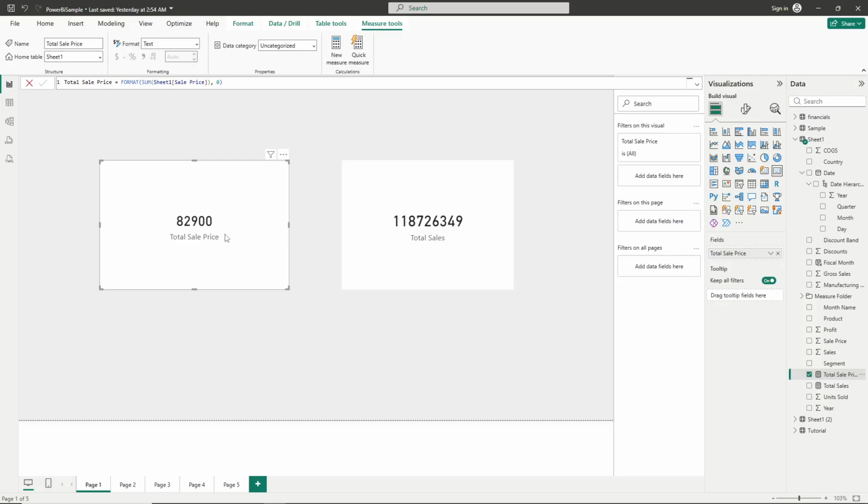This method works consistently across different visuals and datasets, allowing you to maintain precision throughout your entire Power BI report. And that's it. You've successfully removed K and M suffixes from your Power BI visuals using DAX measures. This technique ensures your data is presented exactly as you need it, without any automatic formatting that might obscure the true